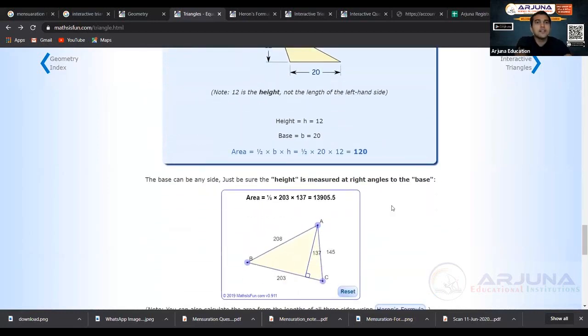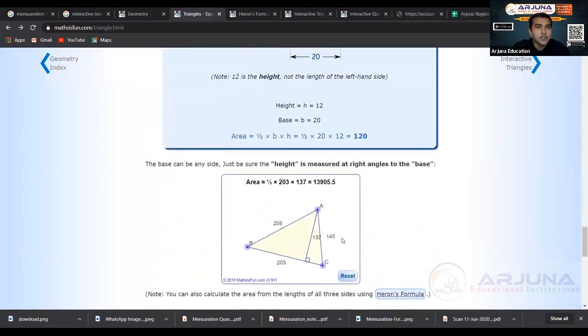Okay, now here you can clearly see what exactly is height. So you can see here. I'm just writing it down like this. So this is a right angle triangle. For a right angle triangle, you can see the altitude is what? Altitude is the length, and AC itself is the length in this. Correct? What is AC? AC is the height of the triangle. Now, if I just pull the C to the right hand side, this perpendicular line which is drawn, that is nothing but the altitude, right? This is nothing but the altitude.